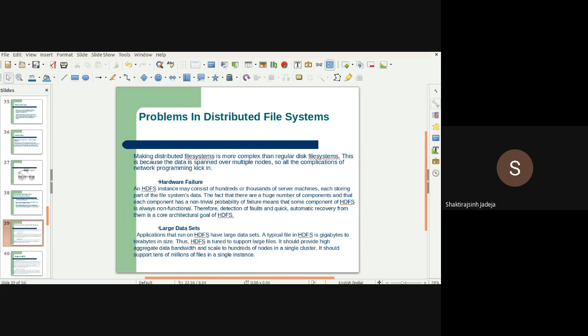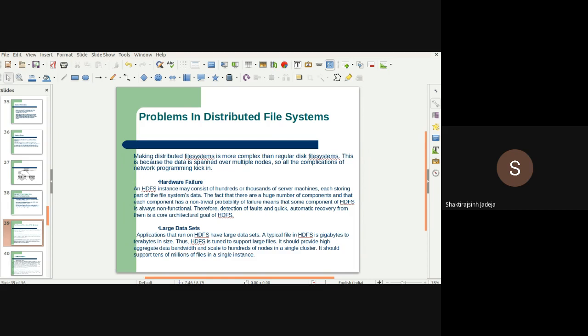So all the complications of network programming kick in. In parallel to your data structures and algorithms, you also need network programming. We just talked about sockets and port number programming; all these things you have to take care of, because you are trying to get data from different systems.